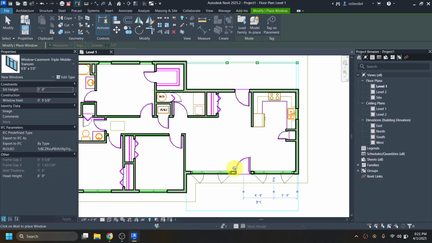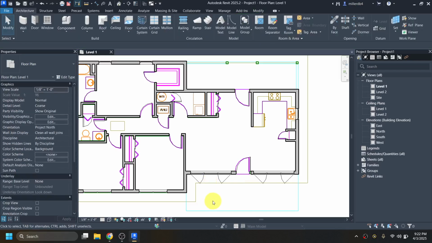That would be my windows, walls, and doors roughed in and placed. So I'm going to put my visual style back into hidden line. And for my next couple of steps, I'm going to hide the AutoCAD drawing. I'll want it to put in these floor decks, but after that, I'll probably be done with it. So I'm going to hit escape about 700,000 times